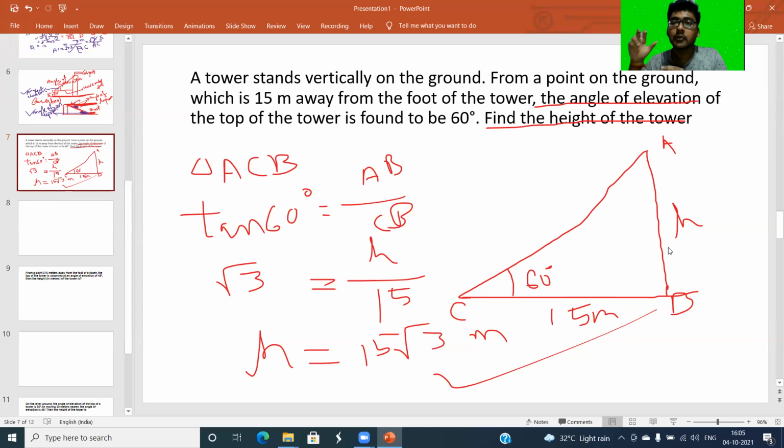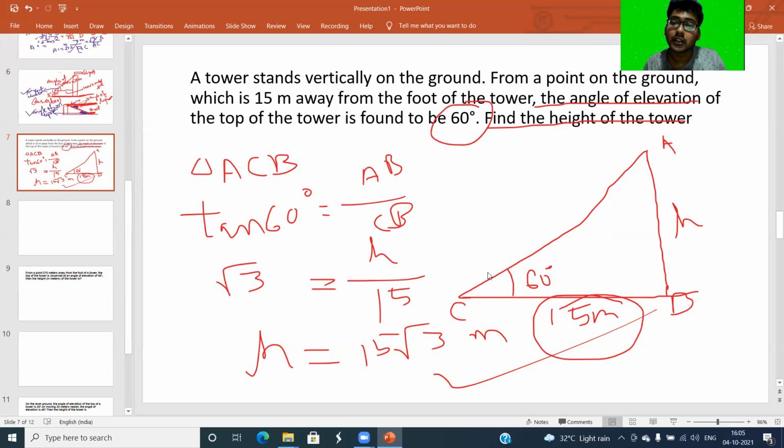हाइट है हमारे पास, बेस है। ठीक है, तो हमको टावर की हाइट मिल जाएगी। ठीक है, इसलिए हम लोगों ने tan लिया था। ठीक है, इसलिए हम लोगों ने साइन नहीं लिया, क्योंकि इसमें हाइपोटेन्यूज गिवन नहीं है। ओके, हमको एक वैल्यू हमारे पास है, क्या वैल्यू है? बेस हमारे पास है। ठीक है, तो हाइट बाय बेस इज इक्वल्स टू tan। तो tan 60 डिग्री, एंगल ऑफ एलिवेशन 60 डिग्री।